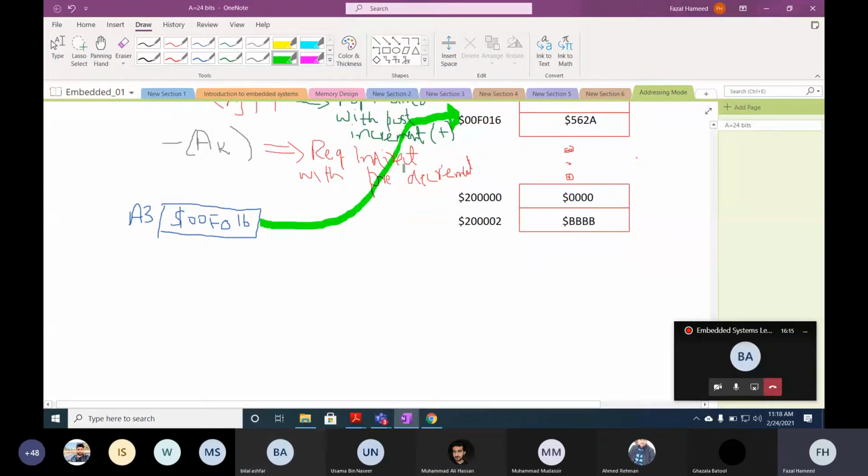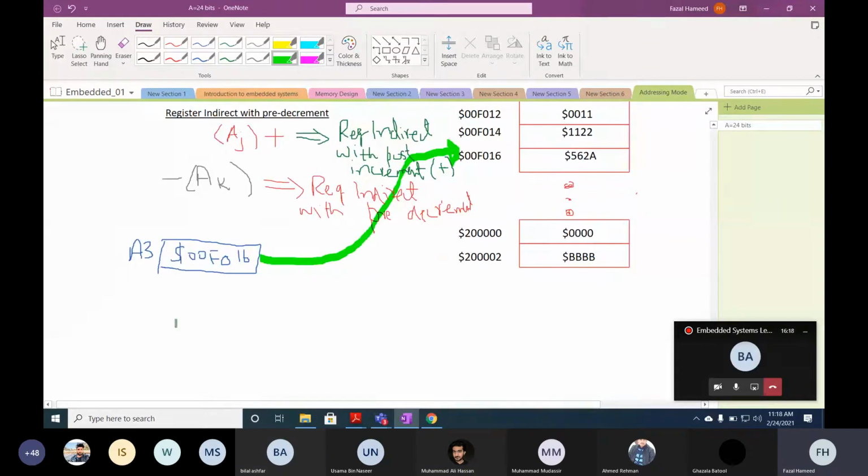Now let's assume we have a register indirect with pre-decrement instruction like this: move R3, minus A3. Actually this instruction is equivalent to two instructions.